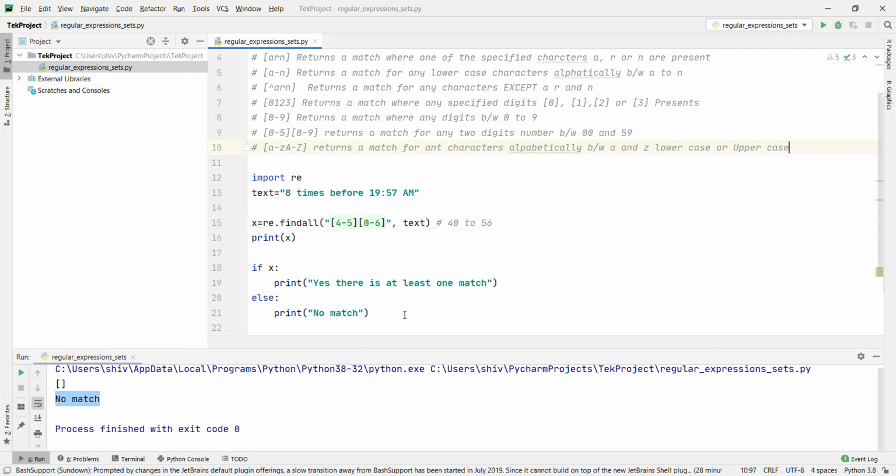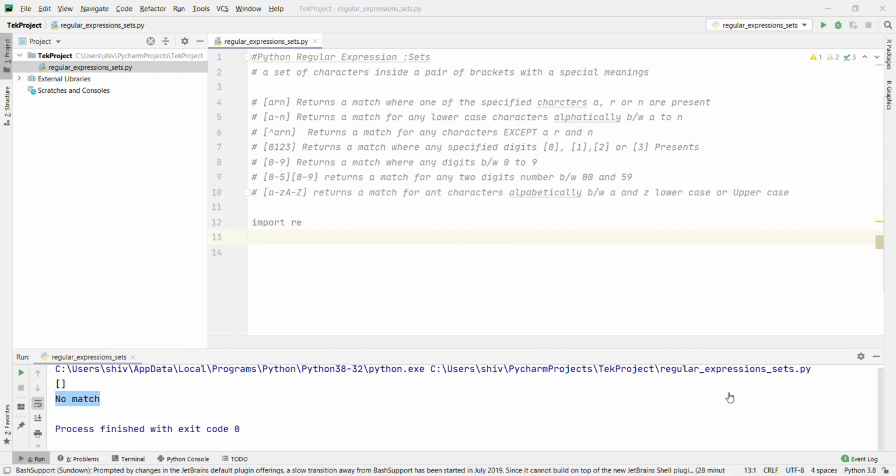let's remove this one and create one text for that. Text: the rain. Okay, go with the same example. 8 times before 11:45 AM. x equal to re.findall, a to z small and A to Z caps, right?